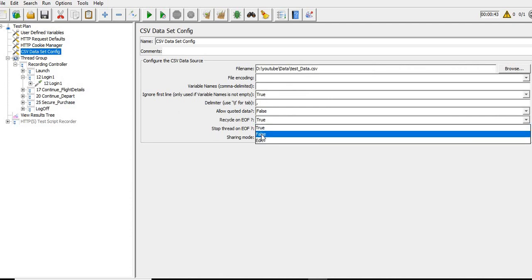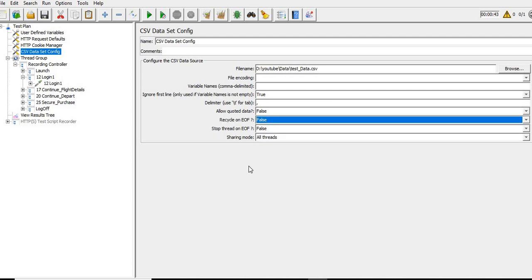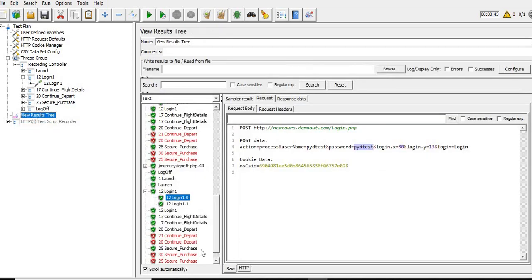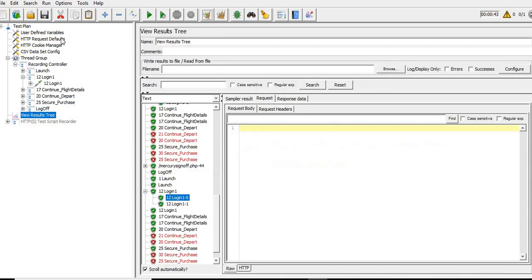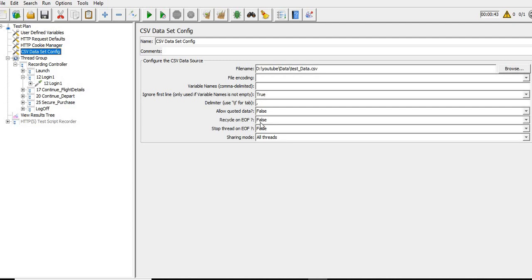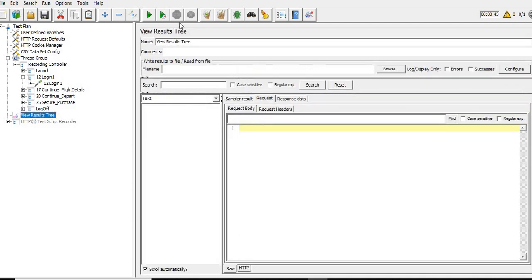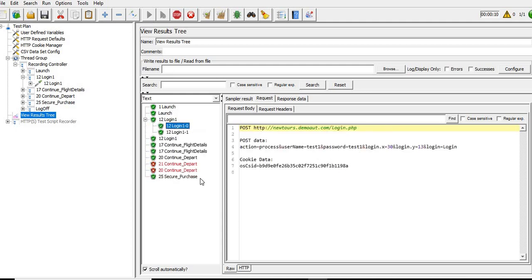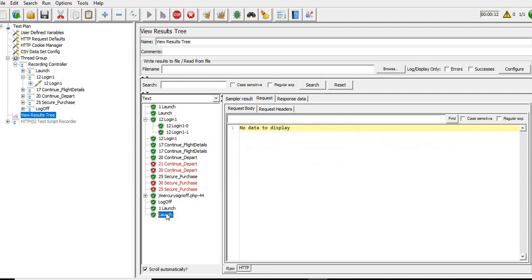If I make it false, meaning I don't want recycle on end of file, what will happen? I'm executing the same scenario, not making any change except this recycle on end of file value. Let's execute it and see. For the first iteration it will fetch the first record, test1 and test1. In the second iteration it will fetch the second record, PYD test and PYD test.